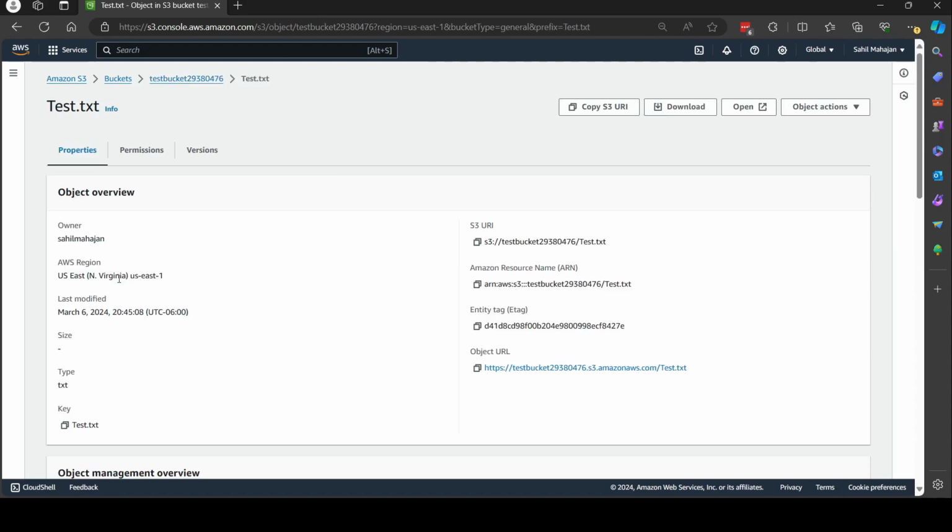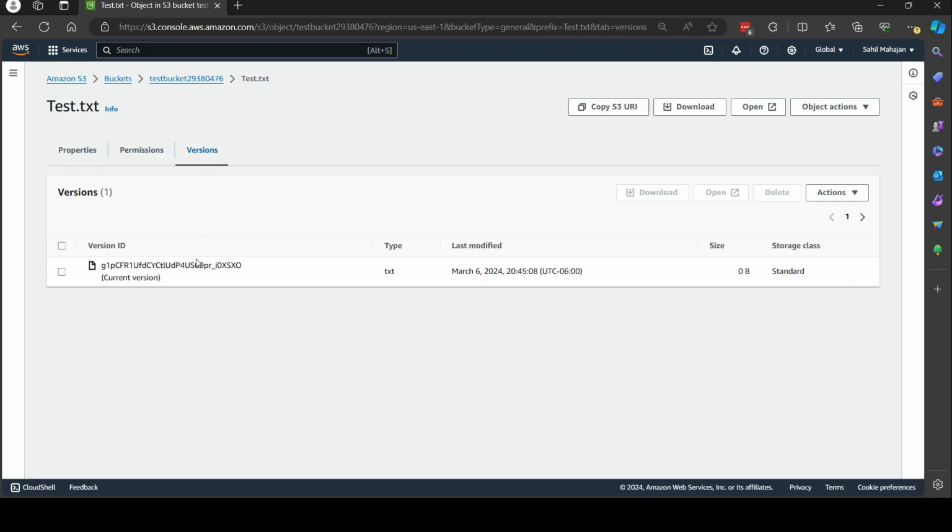Let's go ahead and view the properties of this object. As you can see, the various different properties are there, and then you can see the third tab that says versions. We're going to go to that tab, and here is where you will be able to view the various different